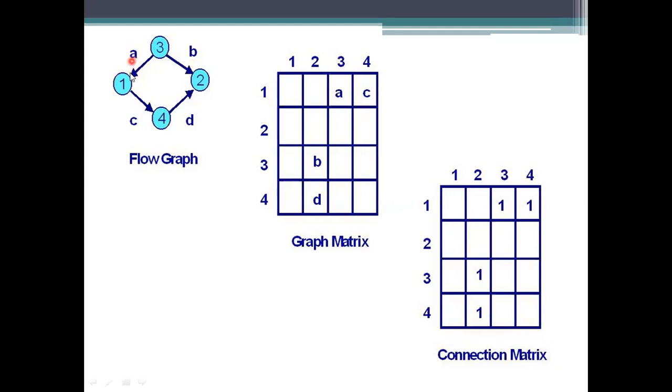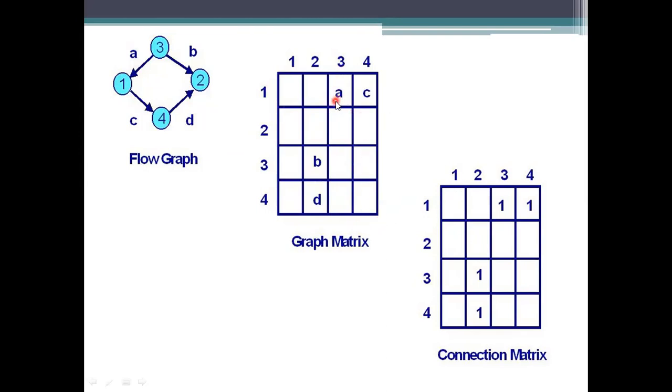Okay. So here we are taking the values 1, 2, 3, 4 as the names of the states, as row and column names. And if there is an edge, we need to specify the value here. Wherever the values have been specified in the graph matrix or the relation matrix, place this 1 in those places only. So from the graph matrix to the connection matrix, we need to place the 1 only where the edge lies.